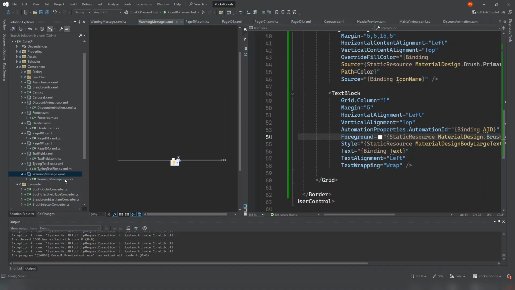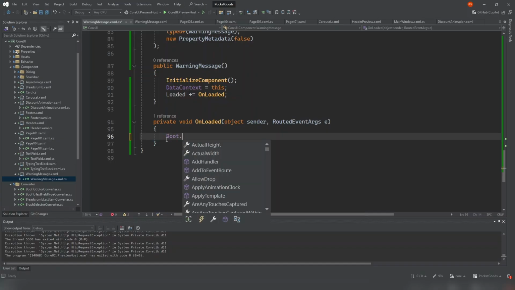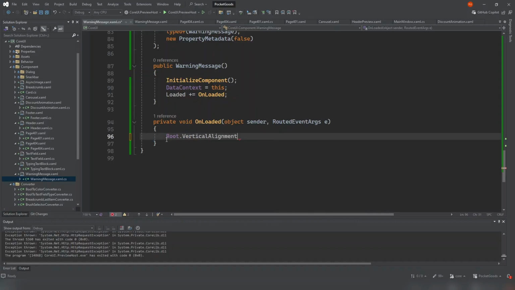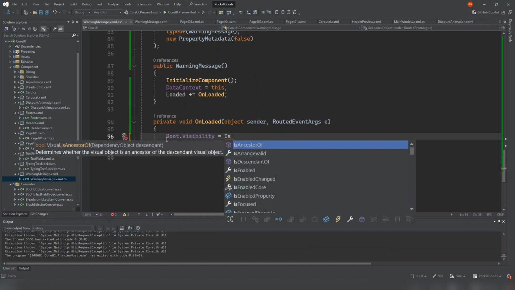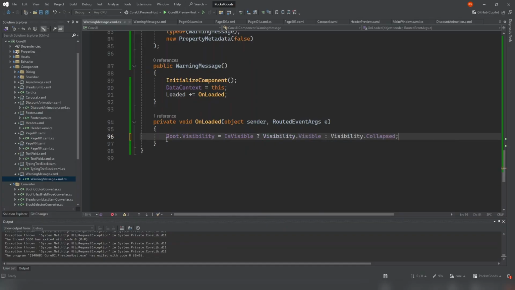Now let's come back to the warning message and let's try to animate this particular container. We can access the root element, which is the border, and you have to set the visibility. Now, if it's assigned as visible from the dependency property, it should be visible. Otherwise, it has to be collapsed. We're going to control actually the animation